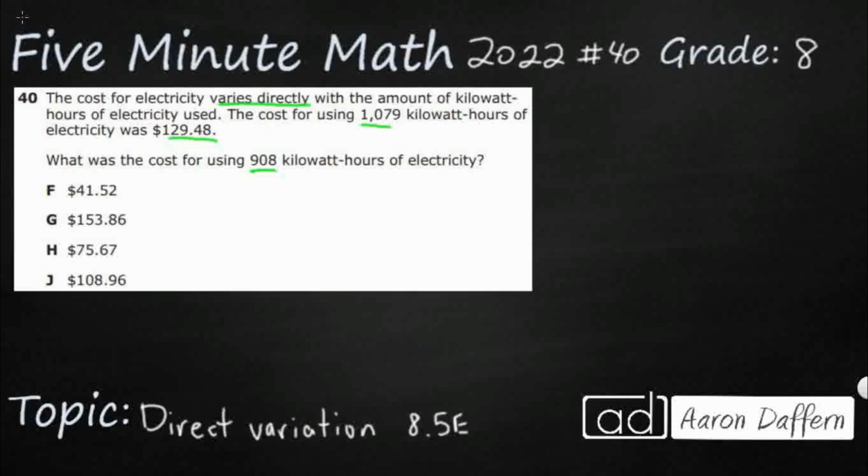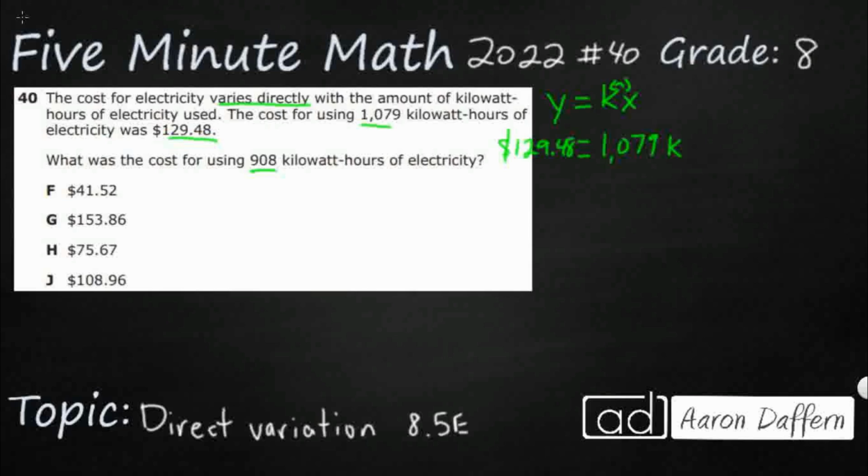All right, so I keep talking about this constant of proportionality. Let me show you what I mean here. So when we're dealing with direct variation, we're looking at it in this form, y equals kx, right? So what are we looking at? Well, we're looking at some type of constant. We don't know what that constant is, but we're going to multiply that. I'm just going to switch the x and the k right here, so it looks a little bit better. So 1,079 kilowatt hours times my price is going to get me the